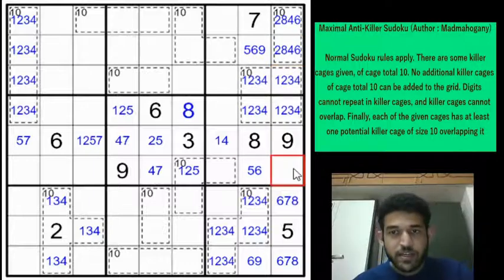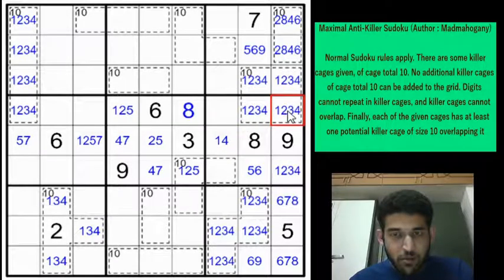So we can eliminate 6, 7, 8 safely from other cells. So this cell cannot be 5, 6, 7, 8, 9. So it can only be 1, 2, 3 or 4. Now we are creating a quadruple again in box 6, just like we did here. There is one more quadruple in box 6.